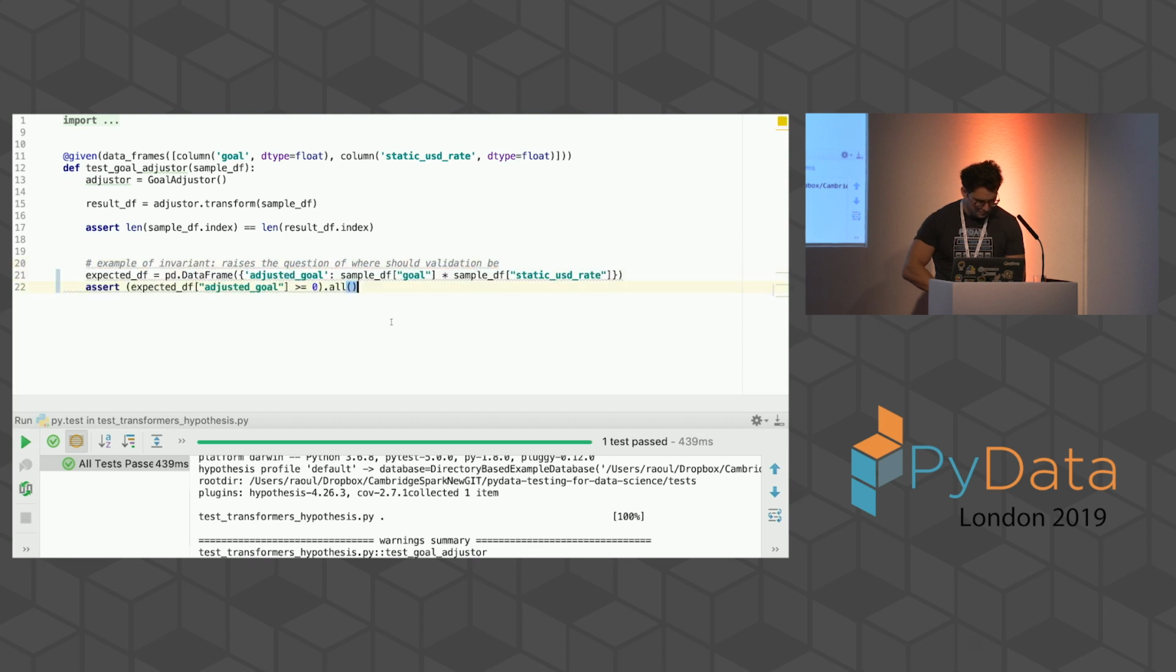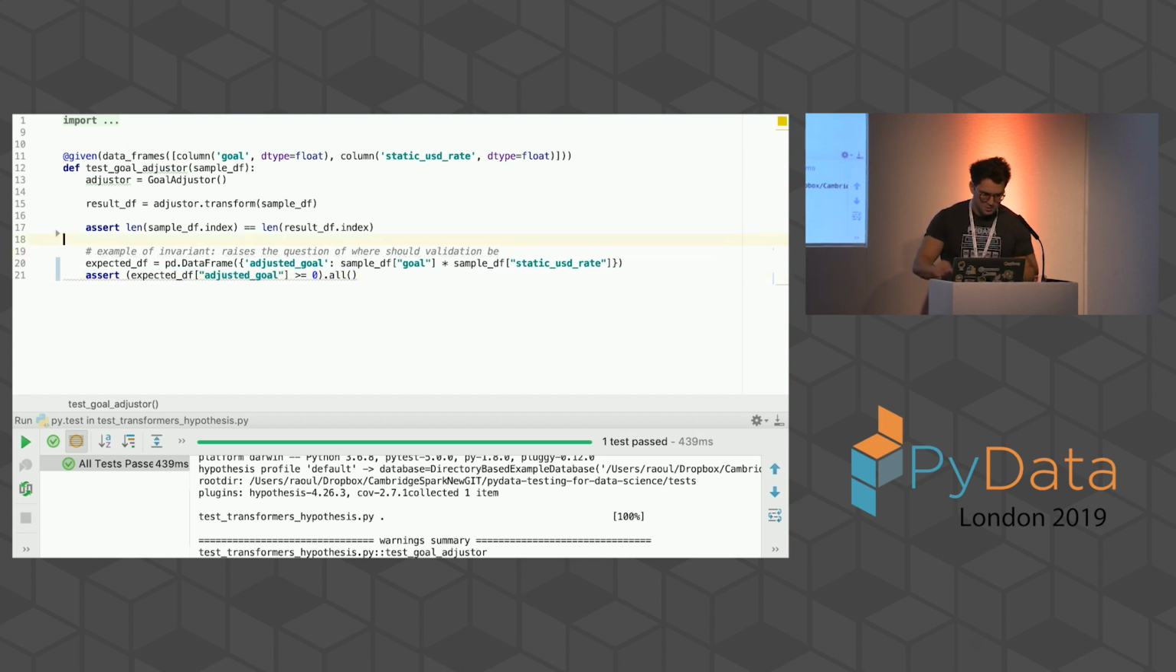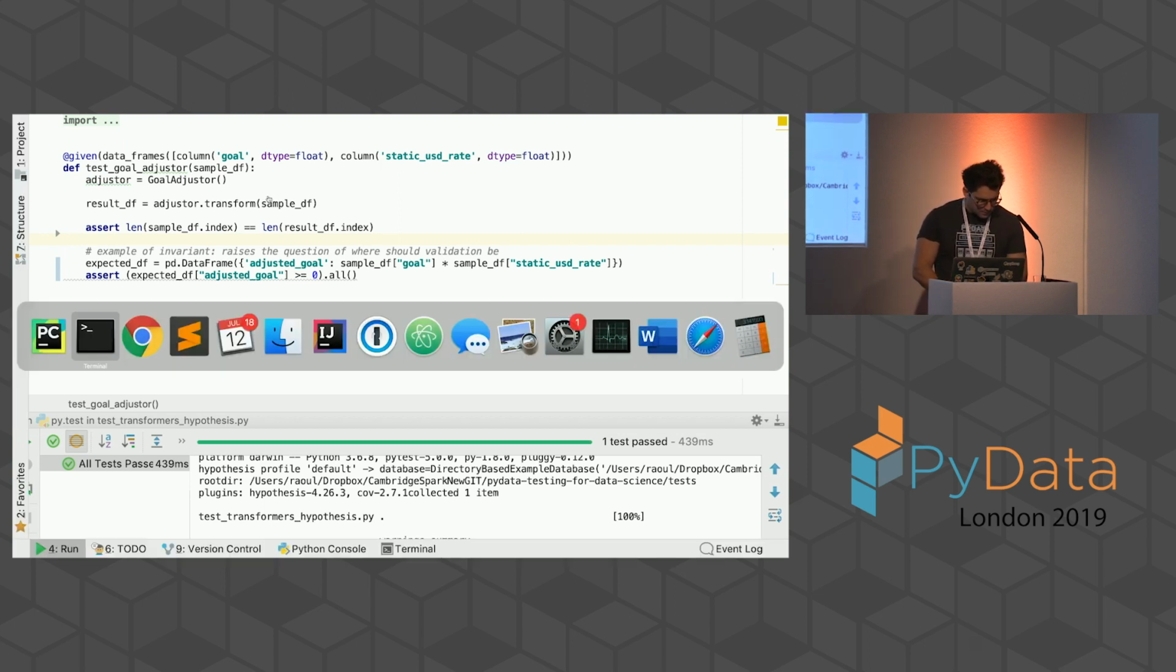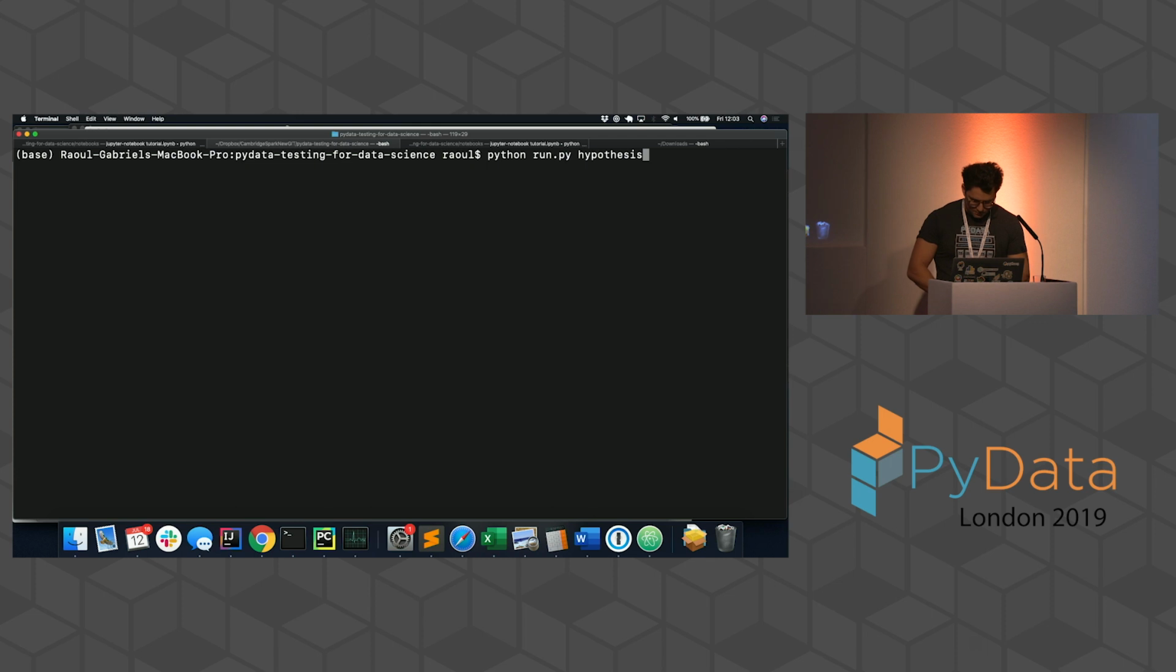I'm going to set up a different property. I'm going to set up a property that expects the adjusted goal to be greater than 0. Right? So when the pandas data frame generated by hypothesis gets pushed down into the transformer here, we'll get a result. And I want to check that the result I'm expecting is the elements greater than 0. So now if I run hypothesis,